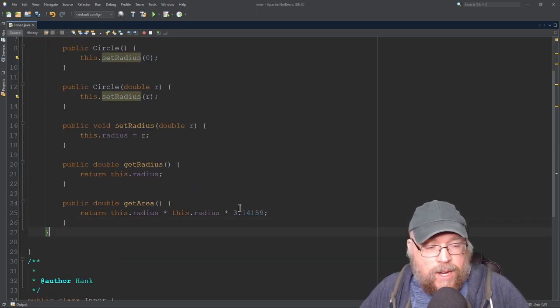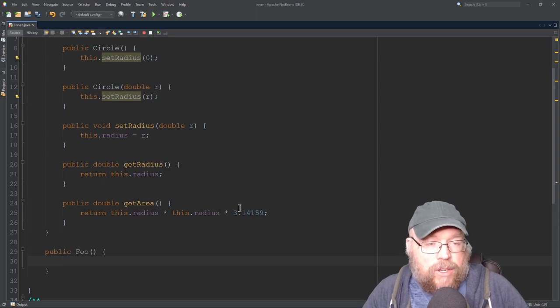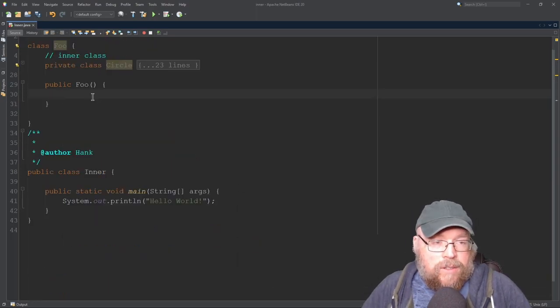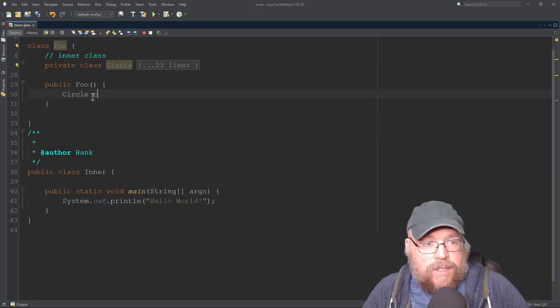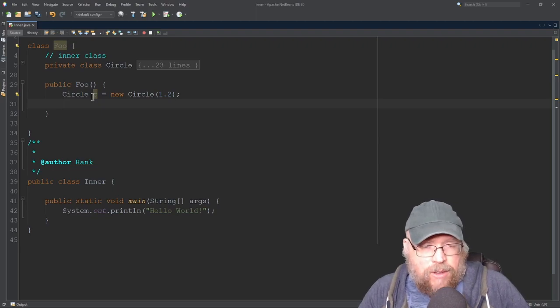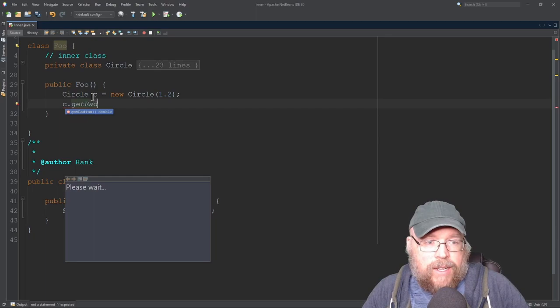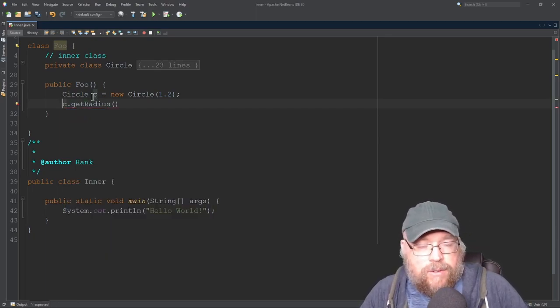Now, if we wanted to create a constructor for Foo, we could do that as usual. So do public Foo, and inside that constructor, we could instantiate a Circle. So do something like this, Circle c equals new Circle, and maybe we pass it an argument like 1.2. And then we can retrieve that value at 1.2. So we can do c.getRadius, and then we could display that to the user, right? So we could do